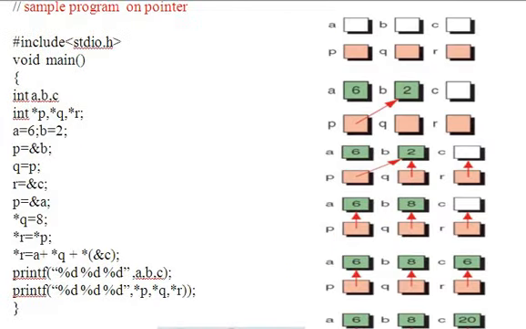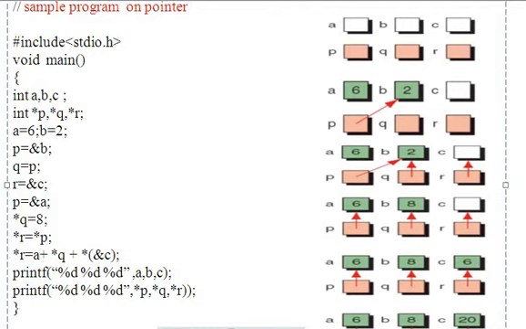So observe the program clearly. Don't bother about the things on the right hand side. First you observe the program clearly. How many variables we have? A, B, C, and semicolon is missing over there. You just make a note. int A, B, C;